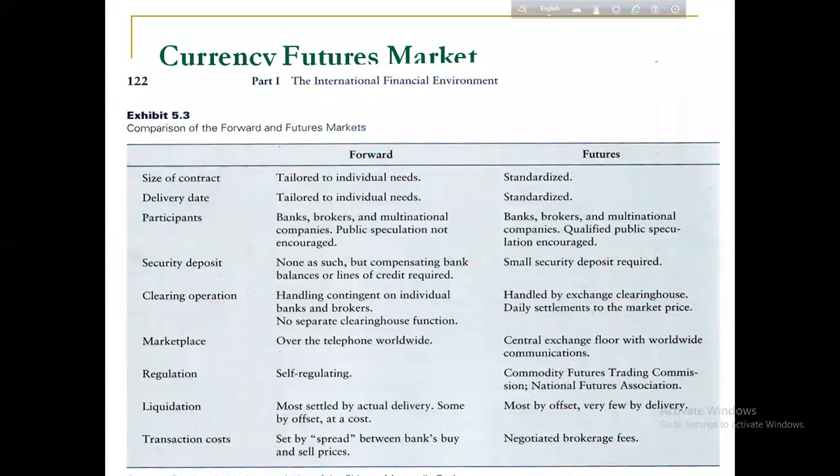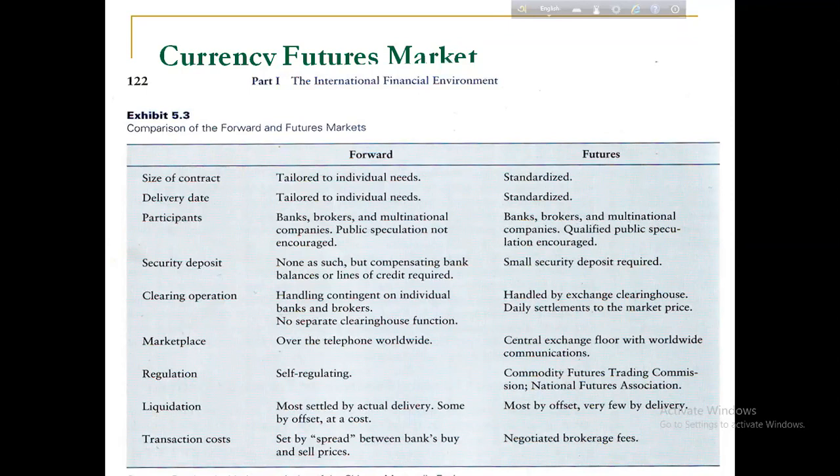What are the clearing operations? In forward contracts, handling is contingent on individual banks and brokers, so there is no need for a separate clearinghouse function. But in futures contracts, it is handled by the exchange clearinghouse, and daily settlement to the market price is needed. In forward contracts, the marketplace works over the telephone worldwide, but in futures contracts, they need a central exchange floor with